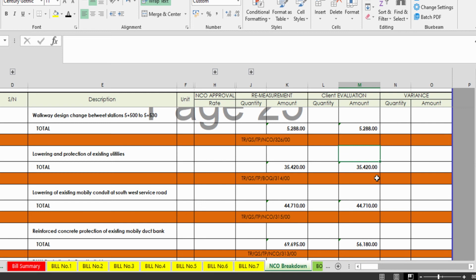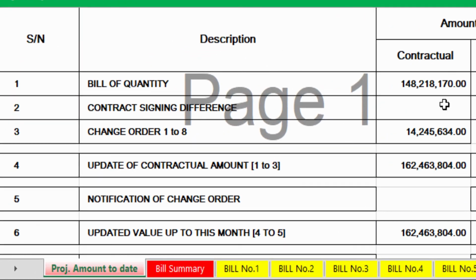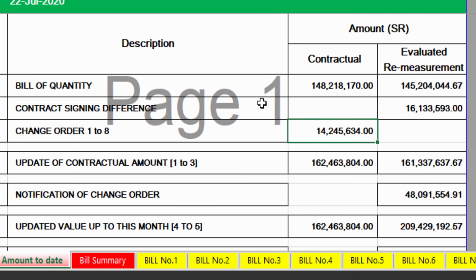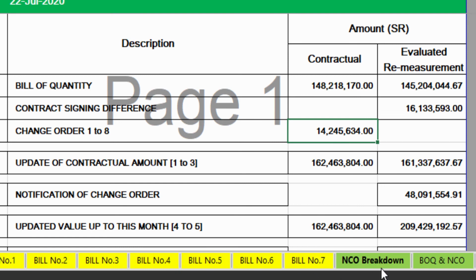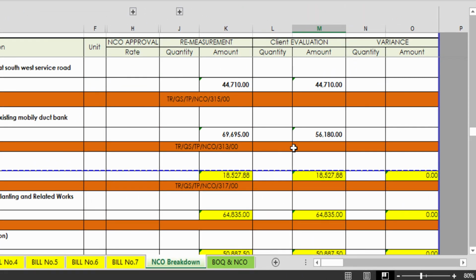Then based on this, we have the bill summary, this project summary, where we will mention that our change order is up to here, 14,245,000. This figure relies on these items, and all of these rely on the backups that have been signed by the client, the contractor, and all the authorities.